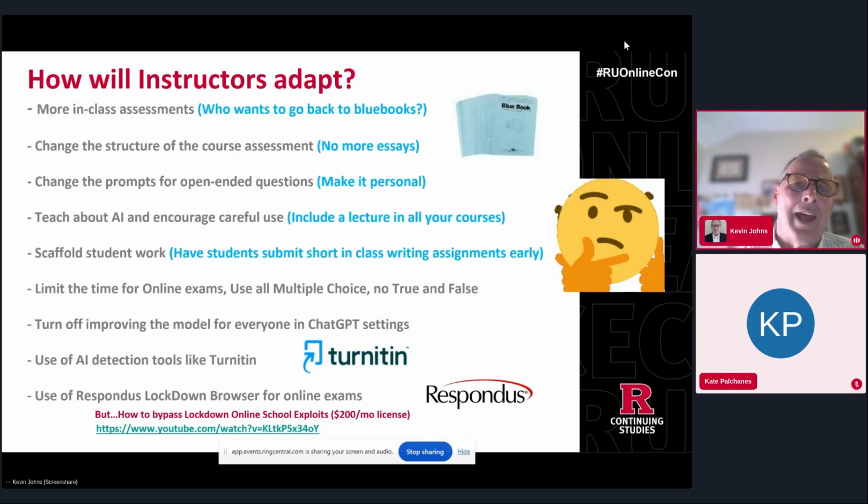So right now, what I've done in terms of online exams, I've taken out the true and false, taken out the short answer essays, made all the exams multiple choice, right? And I put a time limit on them. So I've gone back to other classes, the other exams, looked at the average time it took to take the exams, maybe a 72 question exam. And if it's a little over an hour, that's what I set the time at.